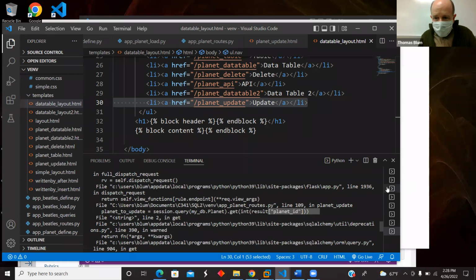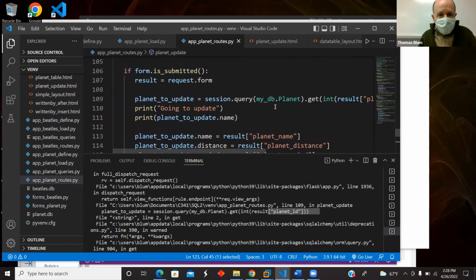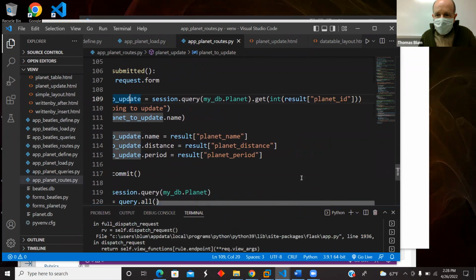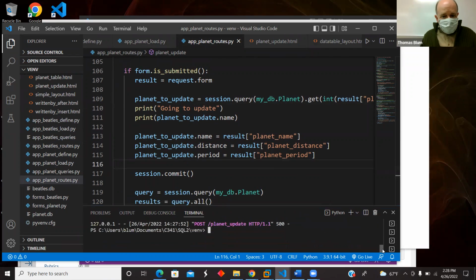Didn't like 109. Doesn't like me getting the planet ID. I don't know why that's not working now. It worked before, but